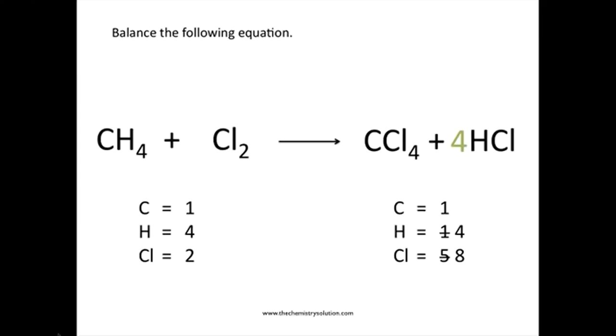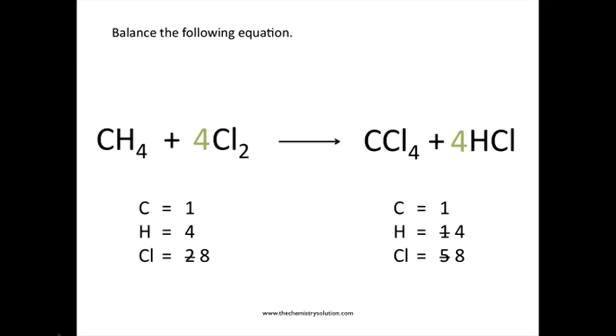If we compare the types and numbers of atoms that we have on the reactant side and the product side now, we'll see that we still have 1 carbon atom on each side, we have 4 hydrogen atoms on each side, but on our product side we have 8 chlorine atoms, and on our reactant side we only have 2 chlorine atoms. So in order to balance our chlorine, we're going to add a 4 coefficient in front of our Cl2 molecule. And if we have 4 molecules of Cl2, that now means that we have 8 chlorine atoms on